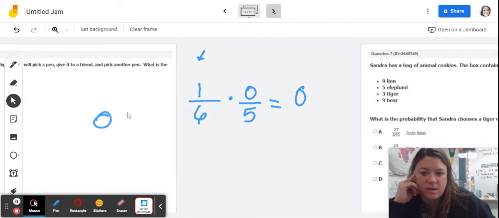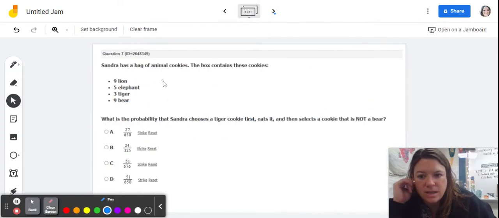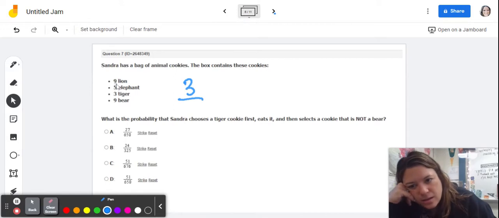All right, question 7. Sandra has a bag of animal cookies. What's the probability she chooses a tiger, eats it, and selects a cookie that's not a bear? So tiger is 3 out of 9,